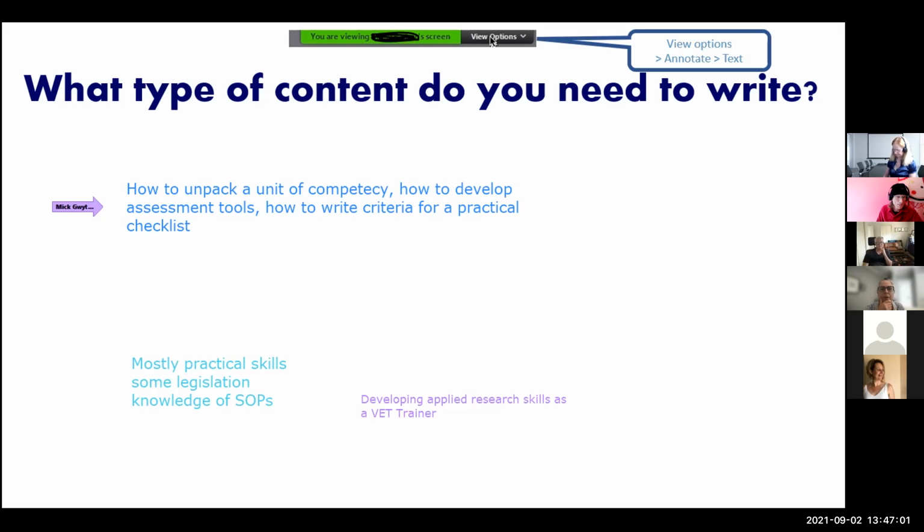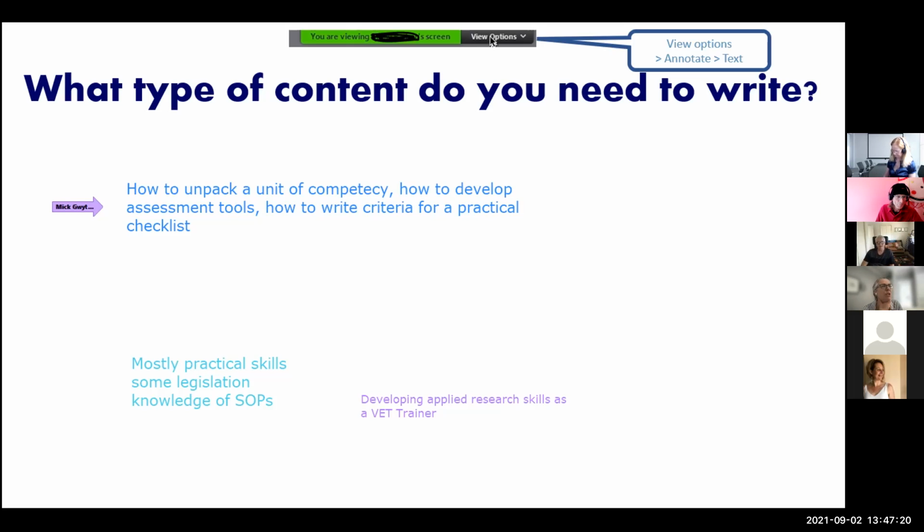in terms of trying to get them to interact with the content. And there's also probably a little bit in there about comprehension around why we need to do this too, isn't there? The importance of unpacking and why that's important, and why I need to cover all the different components.